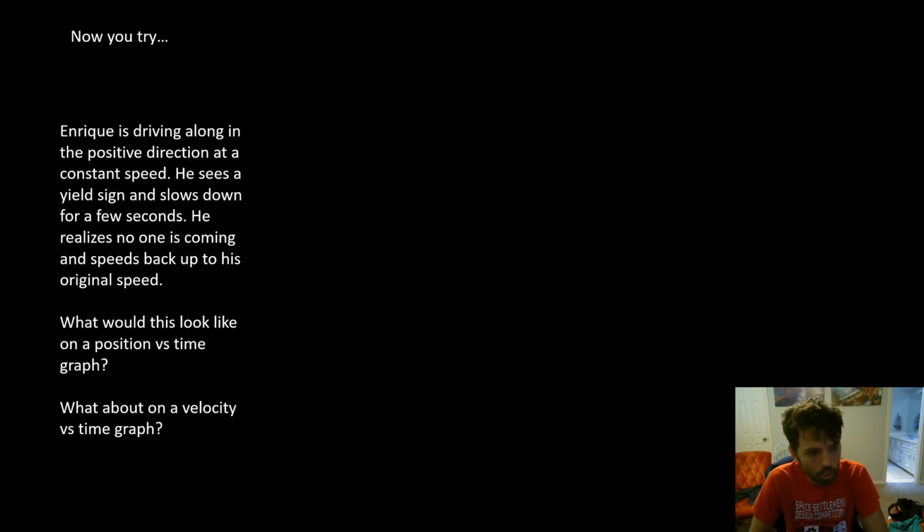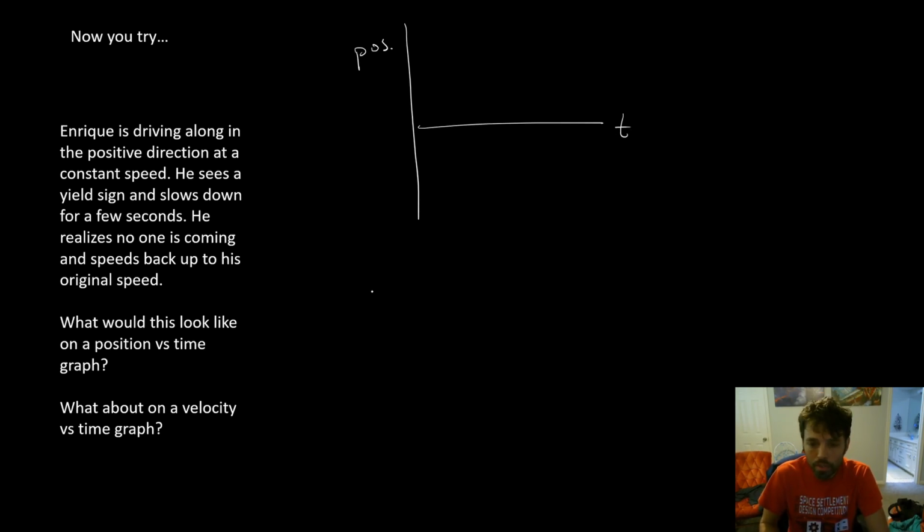All right. Here's the first one. Enrique is driving along in the positive direction at a constant speed. He sees a yield sign and slows down for a few seconds. He realizes no one is coming and speeds back up to his original speed. What would this look like on a position versus time graph, and what would it look like on a velocity versus time graph? So I want you on your own paper to sketch out a position time graph like this and a velocity time graph like this,